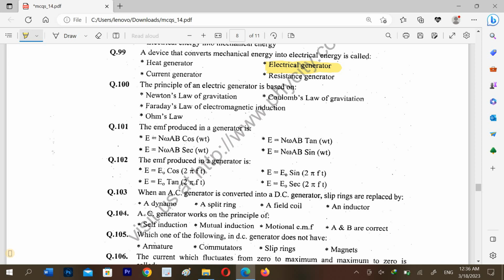The principle of an electric generator is based on Faraday's law of electromagnetic induction. The EMF produced in a generator is this, this is the right answer. The EMF produced in a generator is